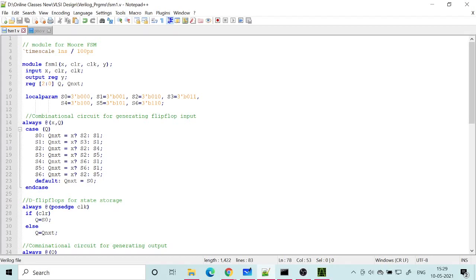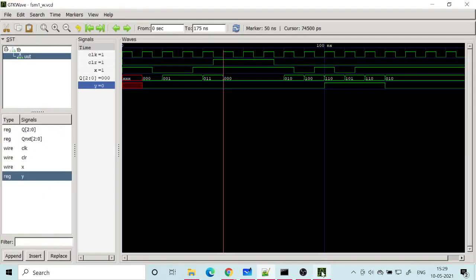But I have not done that. That is why it is remaining in unknown state. This red shows unknown state, and then when it goes to a particular state, only then it begins to show the state. So if you don't want this red here, you can do that by assigning inside the module definition.